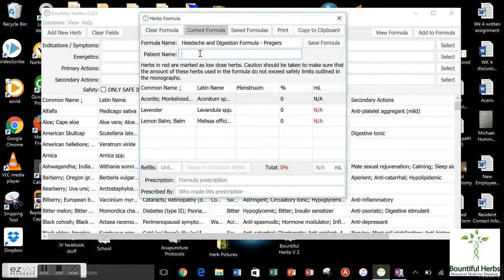All right, then I come down here and I say, now how much of this do I want her to take? I have to think about the things that are going to be in this because it's important. To really be effective, I think she probably needs to take this 3 times a day and probably a couple droppers full. So I would say take 2 droppers full. This is not a good formula, by the way, so I'll just mention that one more time. 2 droppers full 3 times per day. Okay, and then I would say, any other specific instructions I want to put in there too, but that's good for them. Then I would tell them this is from me,